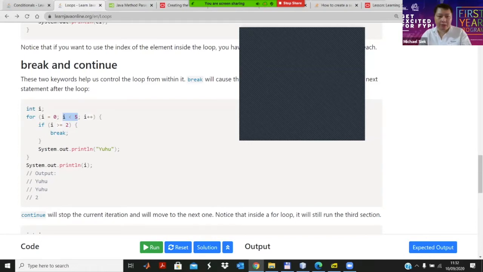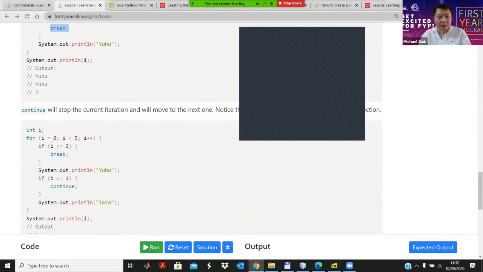So in the original plan, maybe you have 5 iterations, but because of a certain condition in the middle, it's not always like this. Based on your application, you can break anytime in the middle of the iteration using the break command, like this: break;